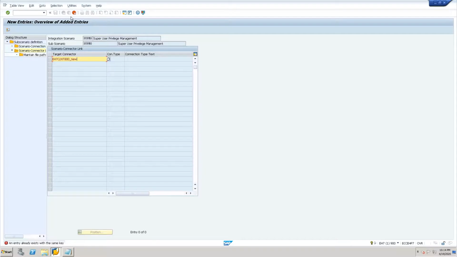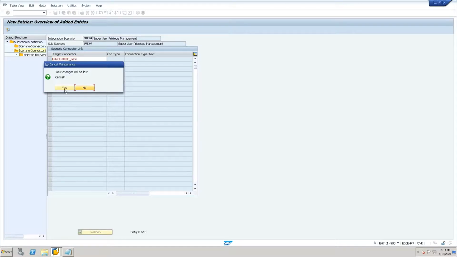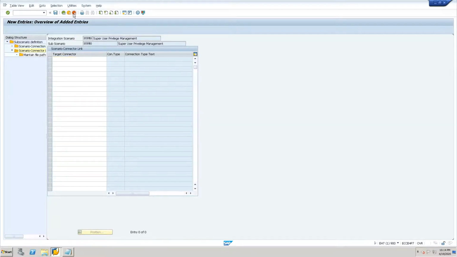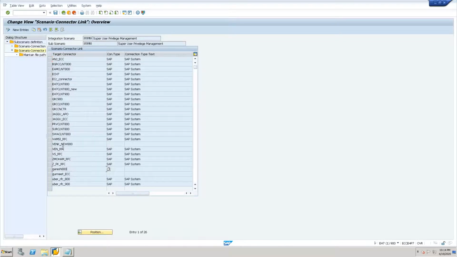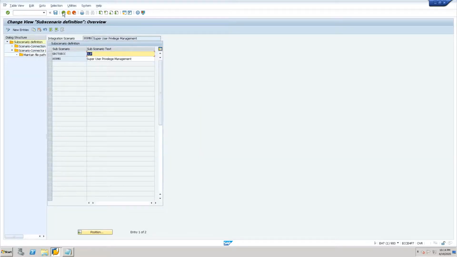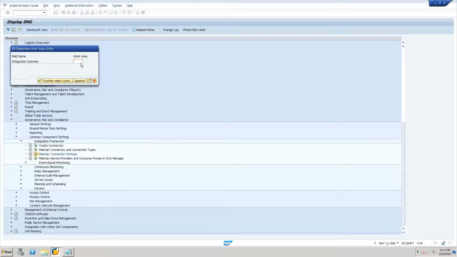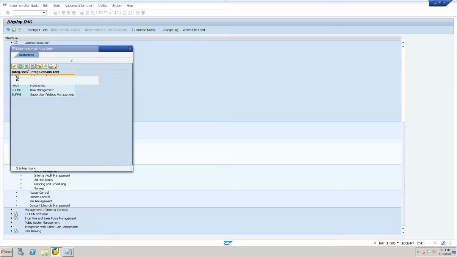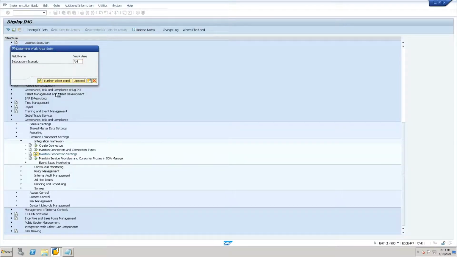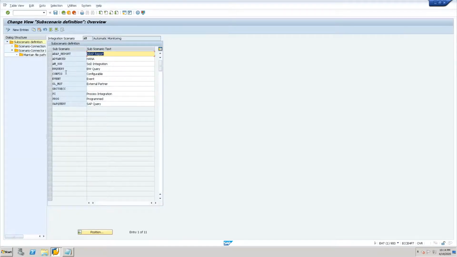Okay, just a second. This is already saved, that is why it is not allowing. So just go back. So we completed all the steps. Right now you can put even in AIM. It's automatic monitoring, it is not required, but since it is there, let us add it over here. It's not a problem.